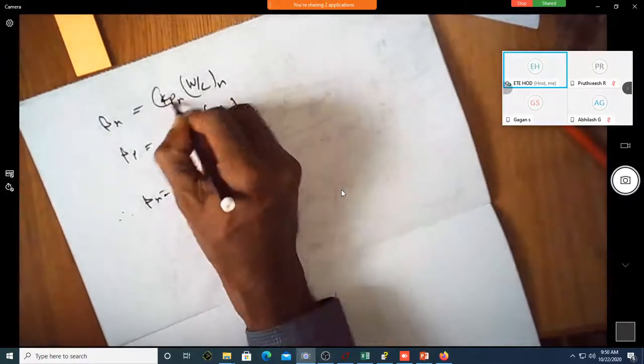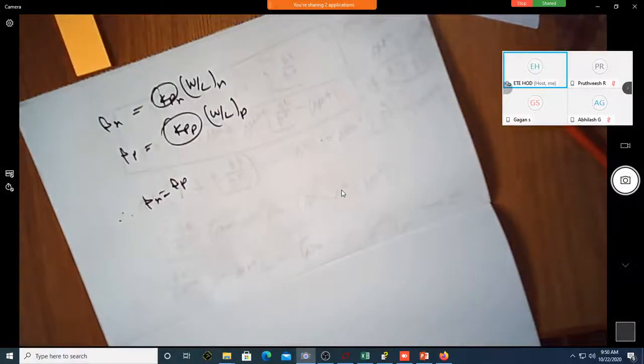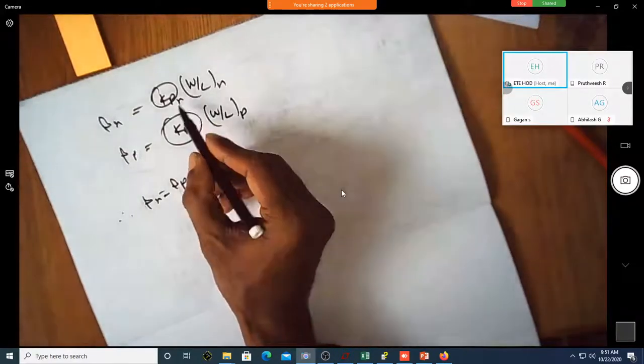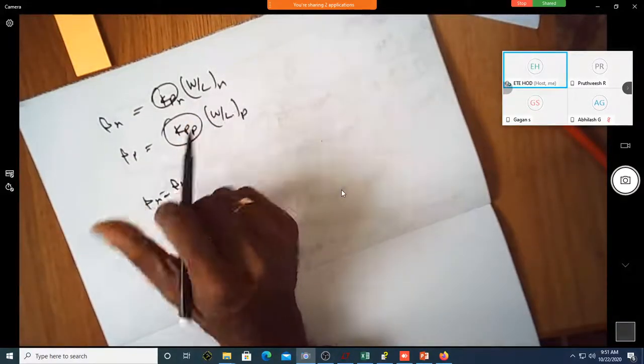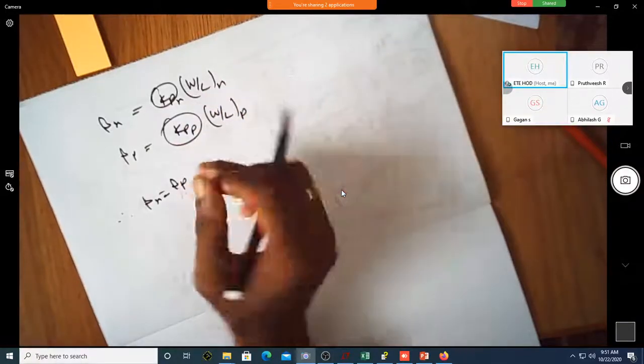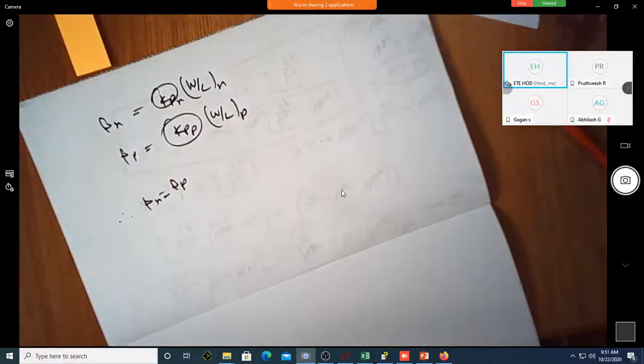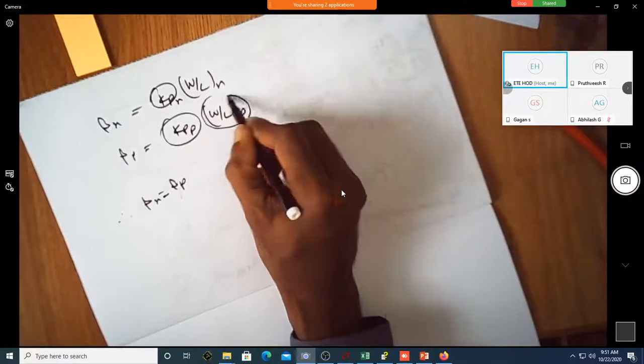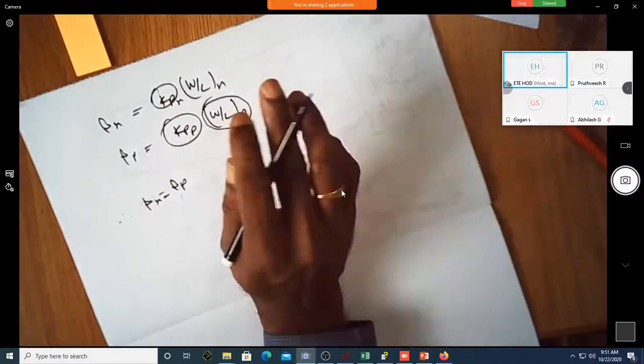Because you cannot make these two equal. Why can't you make these two equal? Because mobility is different, because it is holes and electrons, you cannot make both of them move at the same speed. Correct? The mobility is different. Now, how do we overcome the lesser mobility of the hole? By increasing the dimension of this PMOS transistor. Correct? That is the only way.